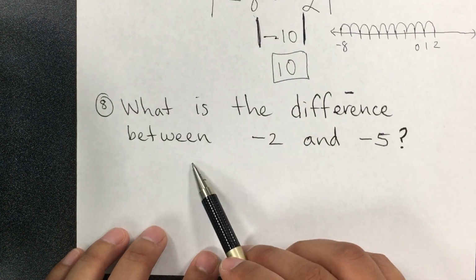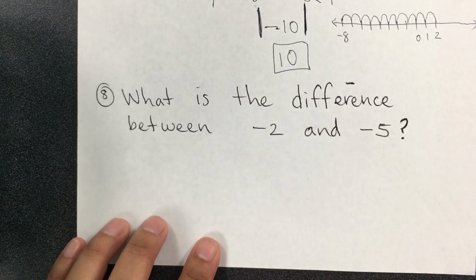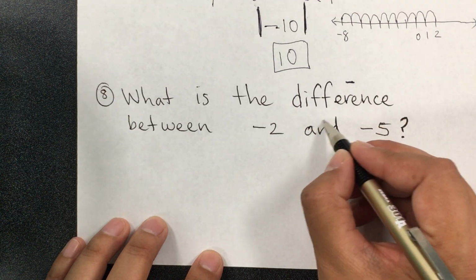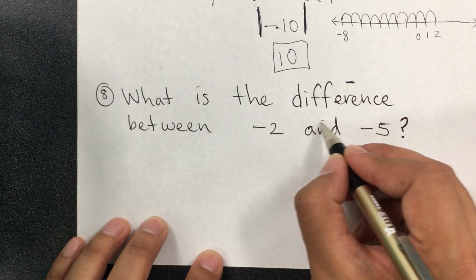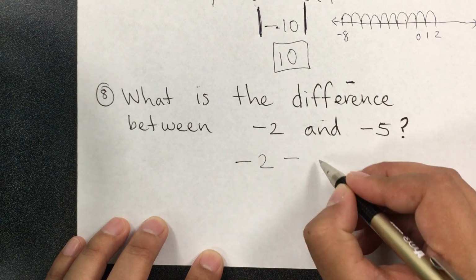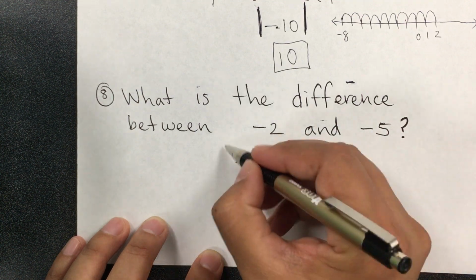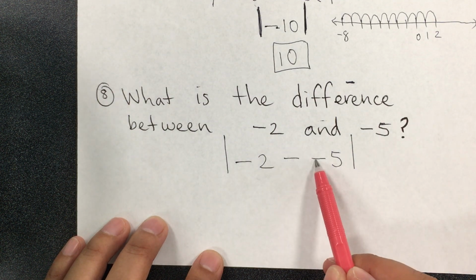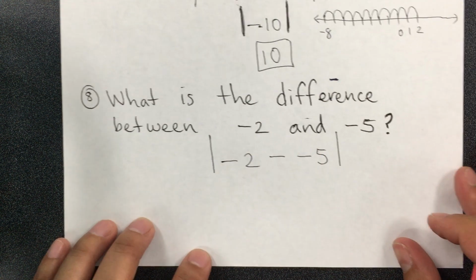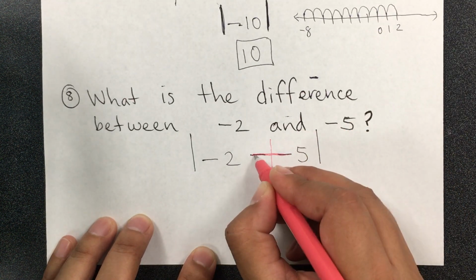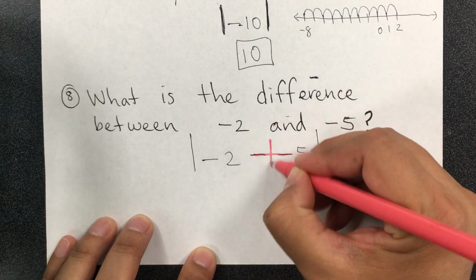What is the difference between -2 and -5? Again, difference means subtraction, and all you have to do is put that minus right here. So -2 minus -5. And remember to put that inside of the absolute value. Again, two negatives together. We cannot have that, so that's going to be the big plus. So big that now we can see that the 5 is